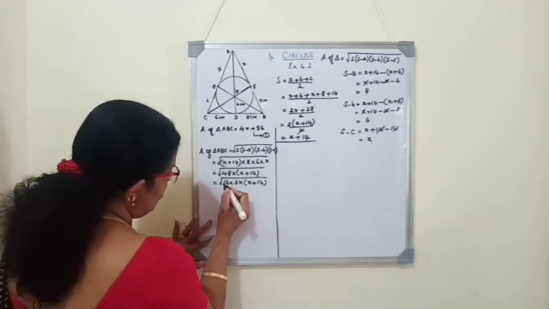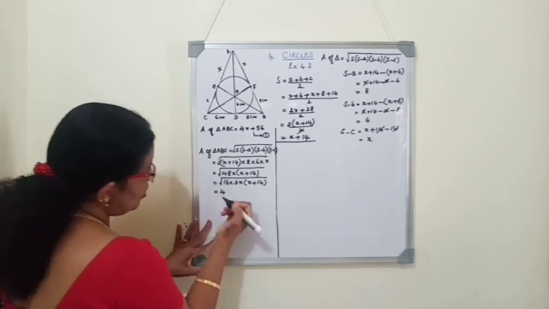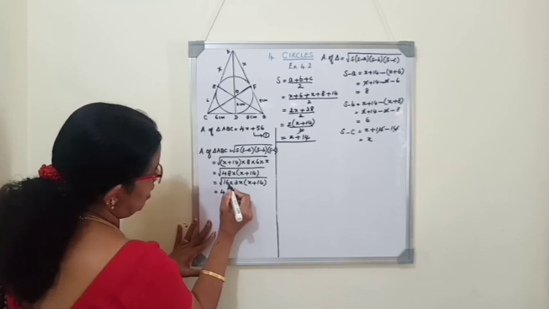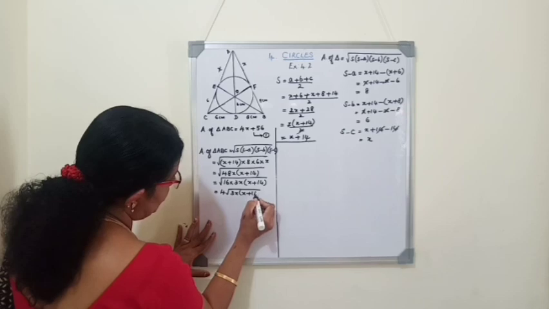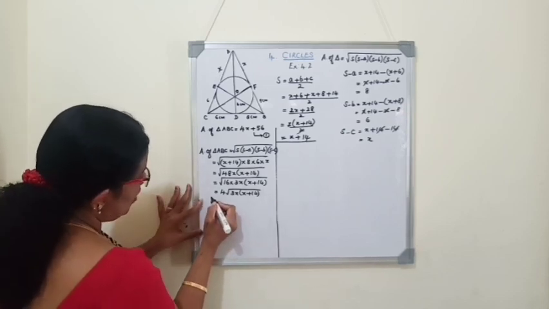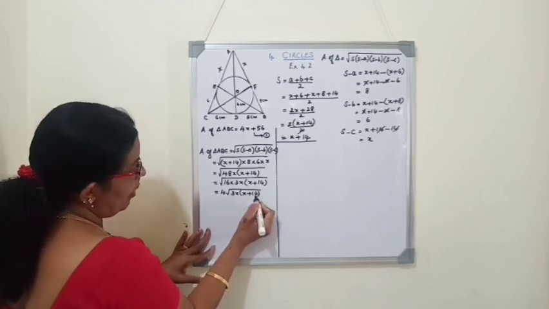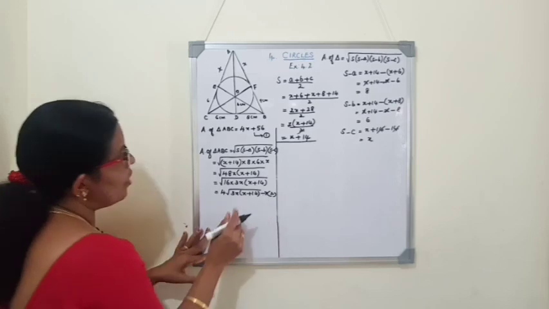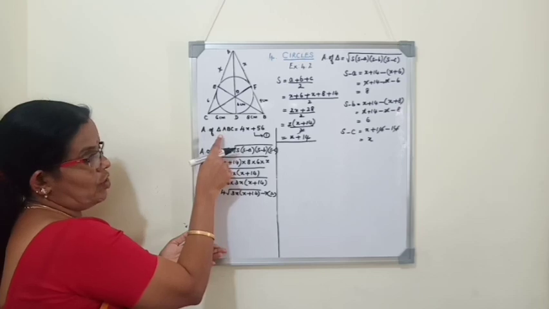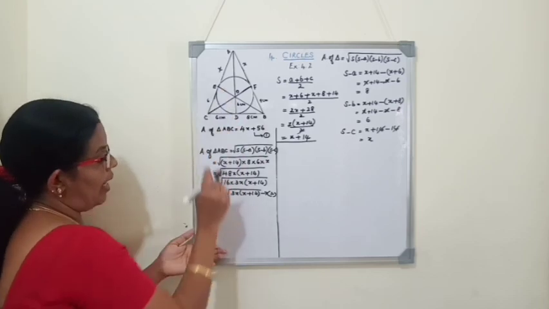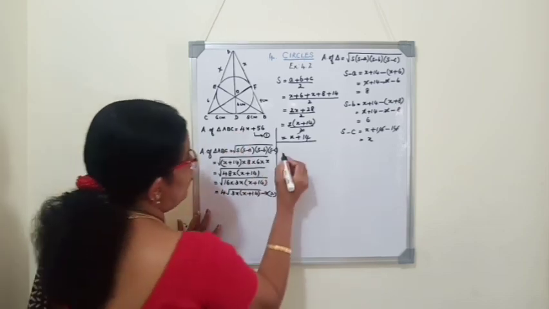So why I have written 16 into 3? Because square root of 16 we can directly write, it is 4. So write 4 outside the root. Remaining terms, that is 3x into x plus 14, we write inside the root. So here area of triangle ABC is equal to 4 into square root of 3x into x plus 14. This is equation number 2. Already we got area of triangle ABC is 4x plus 56 from the first equation, half BH formula, by adding all the triangles area. So from 1 and 2, both are areas. We'll compare the areas from 1 and 2.